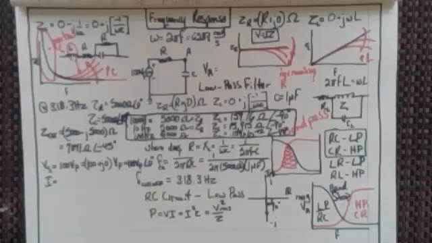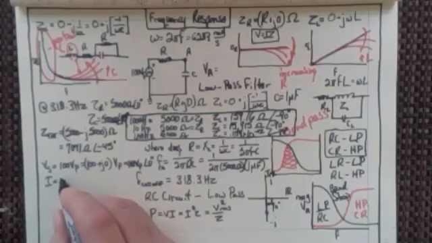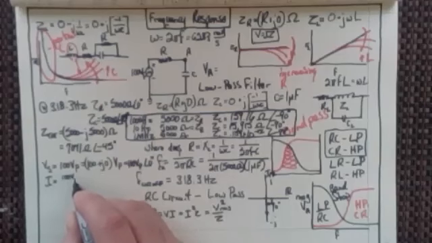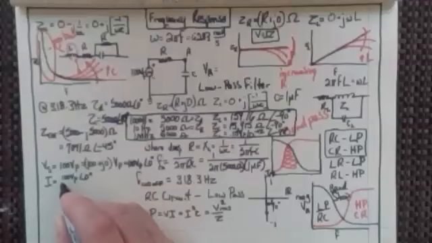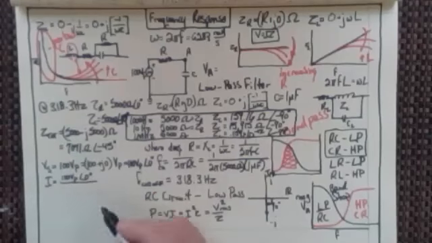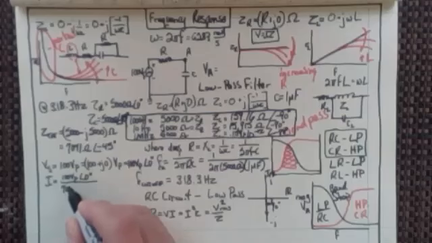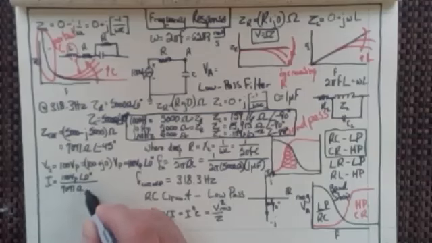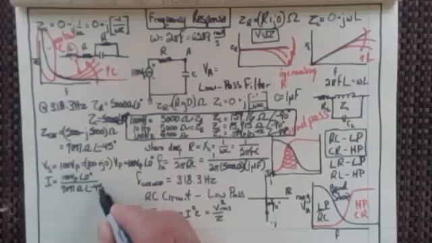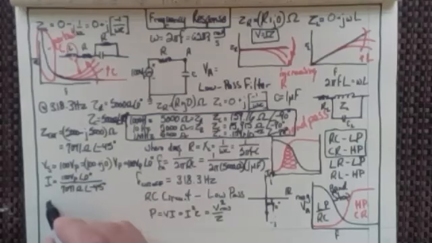So look at our peak voltage. My peak current now is just going to be my voltage divided by my impedance. So it's 100 volts peak at an angle of 0 degrees divided by the impedance I've got there, which is 7,071 ohms at an angle of minus 45 degrees. So I think everybody can see that I, excuse me, is going to be,